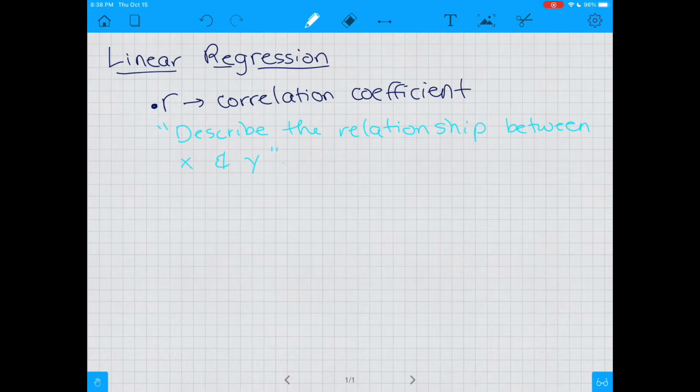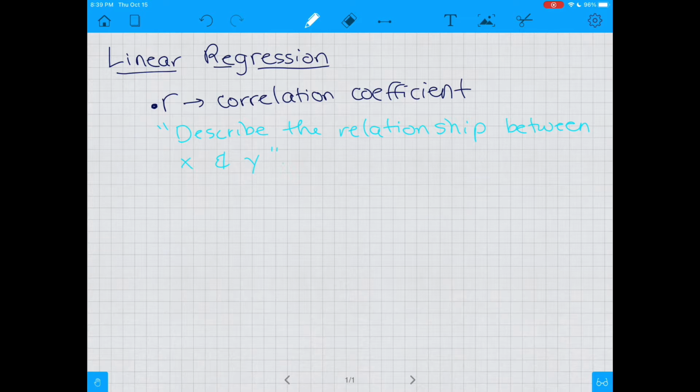So when you see that question, immediately what you do is you look at the R value. What is R? What is my correlation coefficient? That's going to help me describe